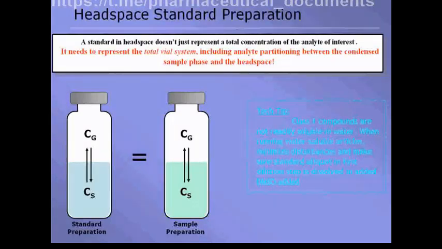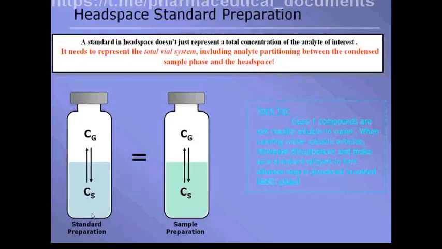So in many cases, what we're going to see for static headspace is it's really dependent upon dissolving your sample. Once dissolved, we then look at partitioning those molecules into the headspace. So when dealing with this in standard preparation, we are going to take aliquots from our standard mixes, 1 milliliter, and then prepare our dilutions from that point on to bring us to the regulatory limit needed for that analyte. So we will take our mix and we will put it inside this headspace vial